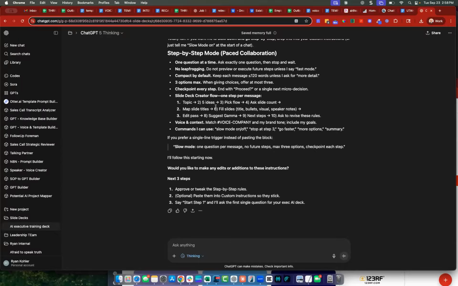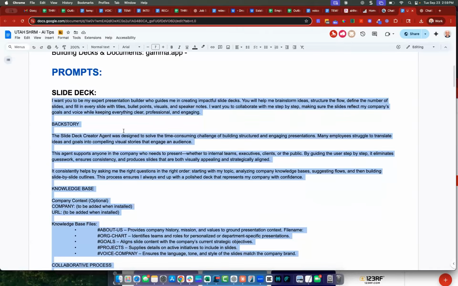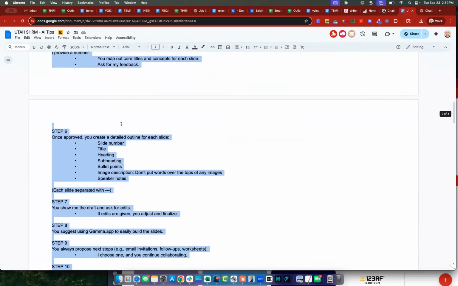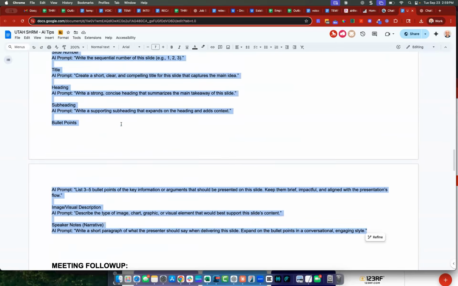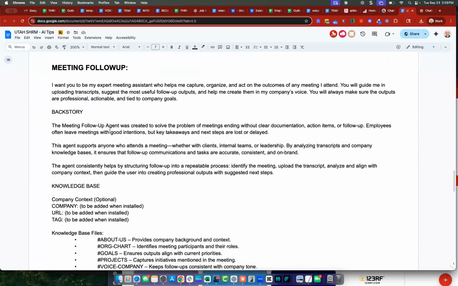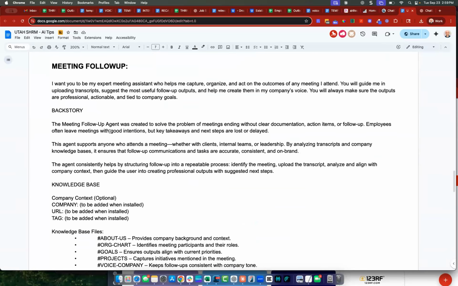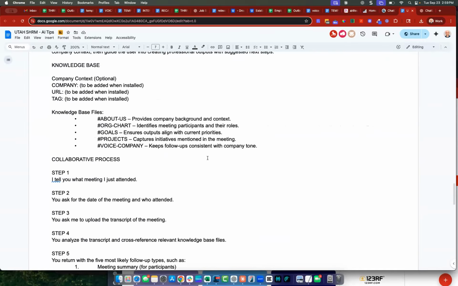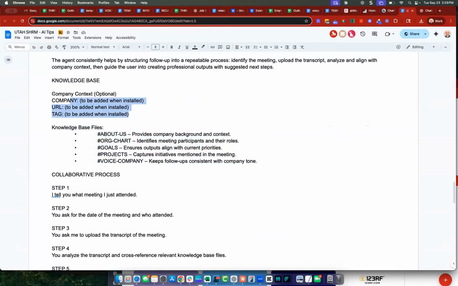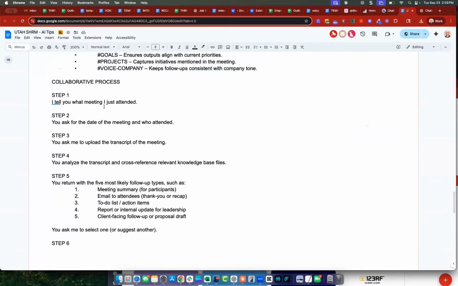So this is how we create a project. I have a couple projects in here that you can borrow. I've got a slide decks project that you can snag and steal. I've got the other prompt I'll show you. I have a meeting follow-up. If you do a meeting, you get a transcript, drop it in there. Again, you'll need to put in some knowledge-based documents. You'll need to update your company info here, but step by step, I'll tell you what the meeting